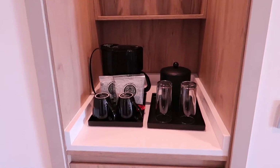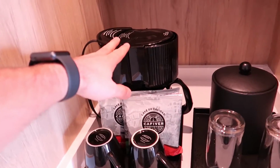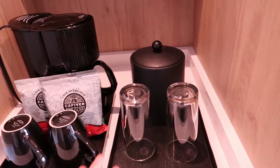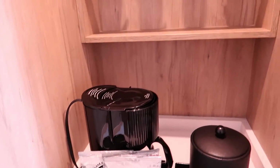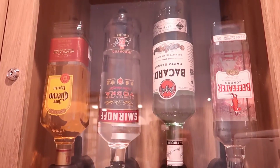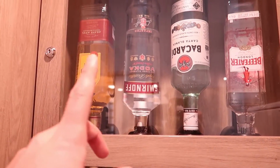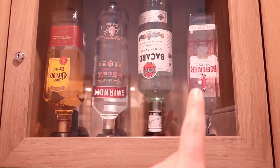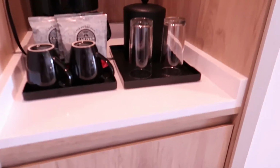And then lastly here, we have the mini bar. So we have a coffee maker here. We got an ice bucket with some glasses and some coffee cups with some instant coffee. And then standard to all RIU rooms are the mini bar that's included in your package. So they have some tequila, vodka, rum, and gin. And you can mix those in the glasses here with some of these things that are included in the mini